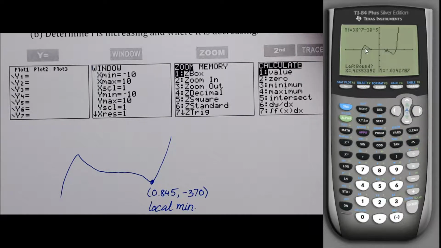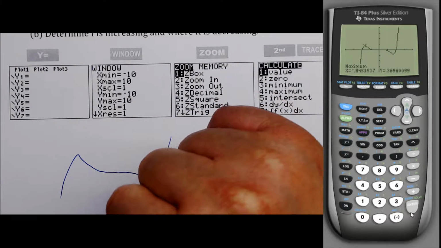So the maximum is about here. So we need the left bound and the right bound. So we move a little bit to the left. Right. And as for the right bound, we go to the right. And when we guess, we will find the maximum in between this interval. And when we hit enter one more time, it will go right to the maximum,